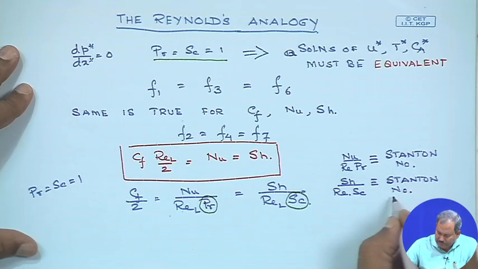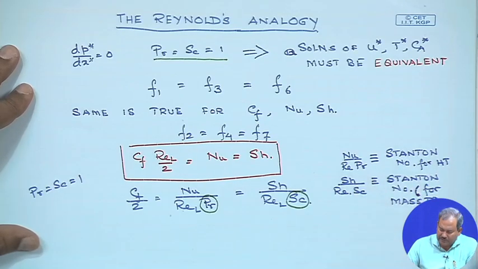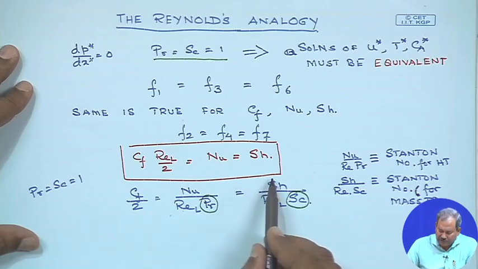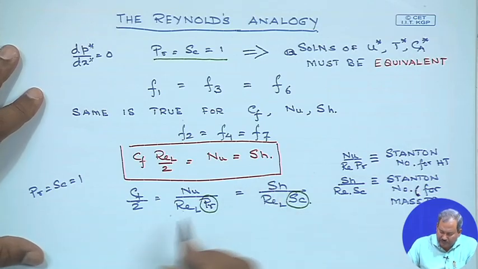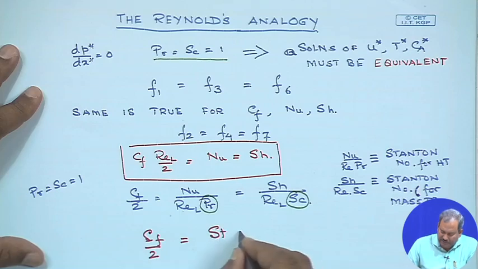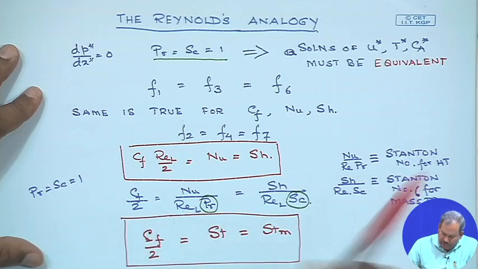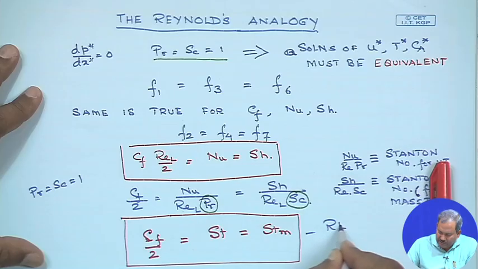And this is called Stanton number for mass transfer. So, this is Stanton number for heat transfer and this is Stanton number for mass transfer. These are just definitions. So, a more generalized and modified form of Reynolds analogy is written as Cf by 2 is equal to Stanton number based on heat is equal to Stanton number based on mass. So, this is the form of Reynolds analogy